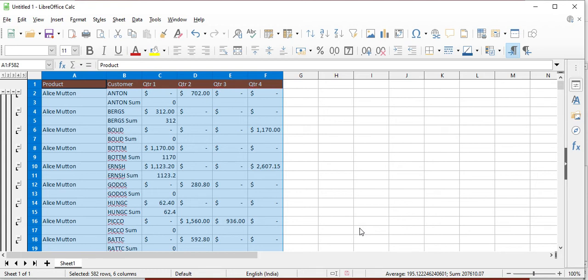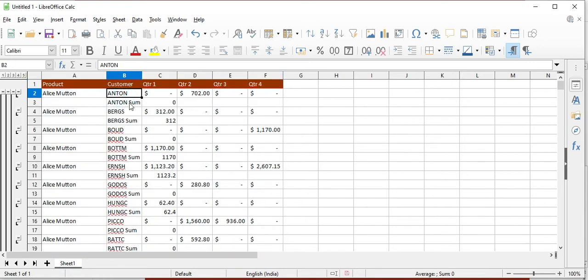Now in this there are no repeated customers, so it appears only after each customer. But if there is a repeated customer, all the products and all the customers will come, and the total will appear. I have done the total for Q1, so 0, no one was there, so 0. The other products and customers, this much product they have sold, so they are coming like that.